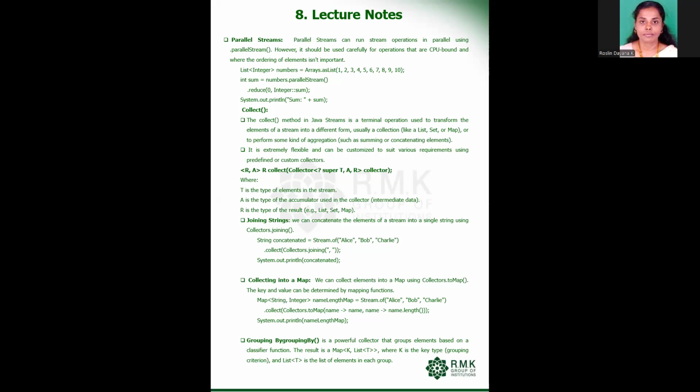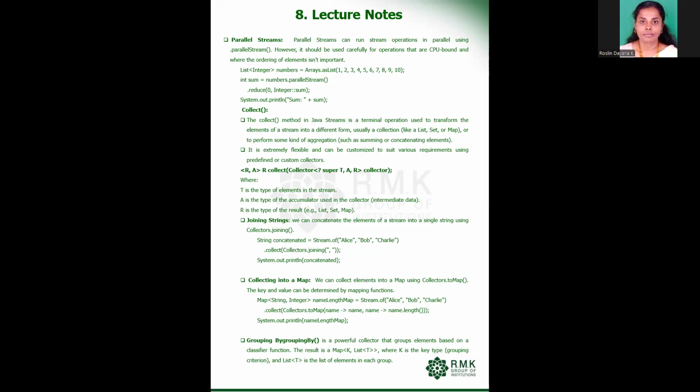Collecting into a map. So the list of elements, we can collect them as key and value pairs. Here in the example, Collectors dot toMap of name arrow name and name arrow name dot length. First output will be name Alice, for example. Then key is Alice, value will be 5. Then key is Bob, value 3. Key is Charlie and the value will be 7. After the map is ready, we can print it